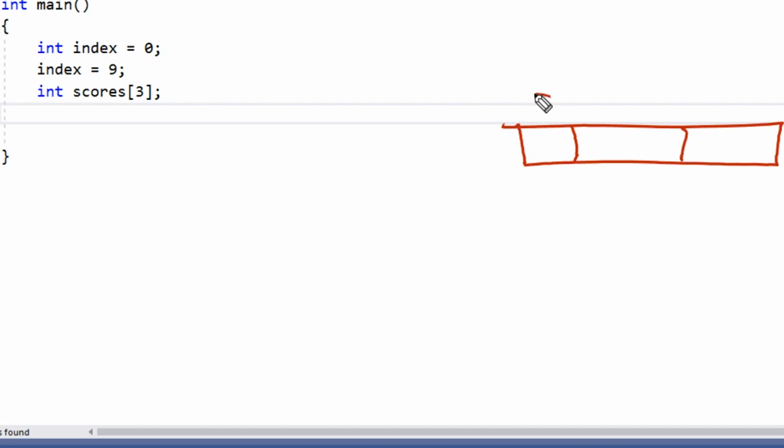And here the first index is 0. We start with 0, which represents the first location, and then going up, this is number 1 and this is number 2. So the name of the array is here, scores,